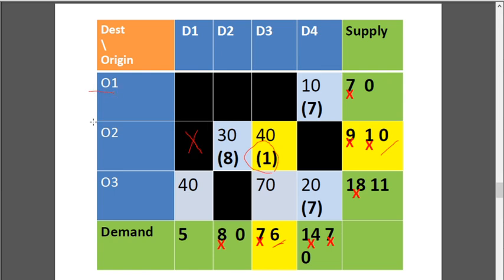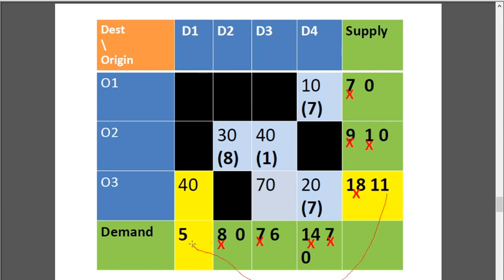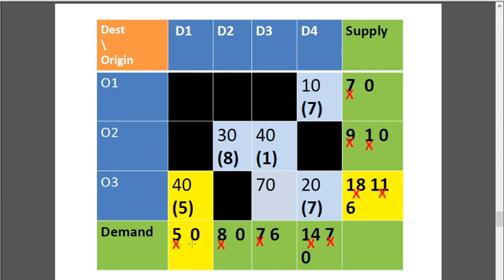So now again from O1 I came to O2. Now go to the next row, that is O3, origin 3. So out of 40 and 70, the minimum is 40. So from 11 I need to give 5 units, allocate it. The demand becomes 0, so you can delete any cells if they are remaining, and the supply becomes 11 minus 5, that is 6. Now again, since all the rows are processed, go back and start from the beginning.